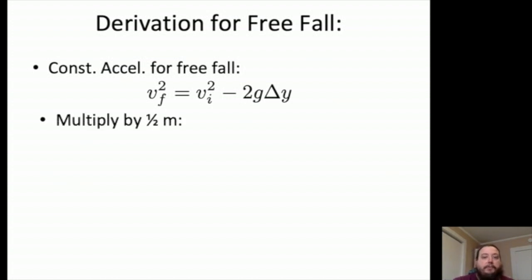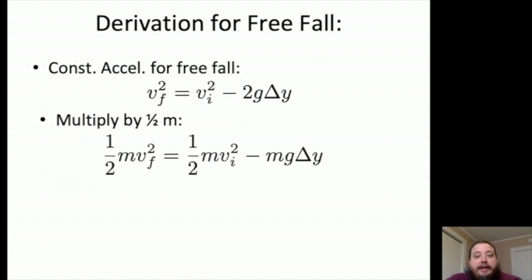We can multiply both sides of this equation by 1/2 m, and that gives us two versions of kinetic energy, a final kinetic energy on the left and an initial kinetic energy on the right, and then a third term there which indeed looks very much like the gravitational potential energy term